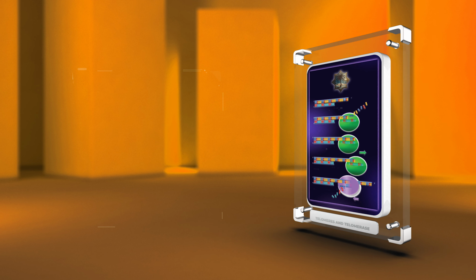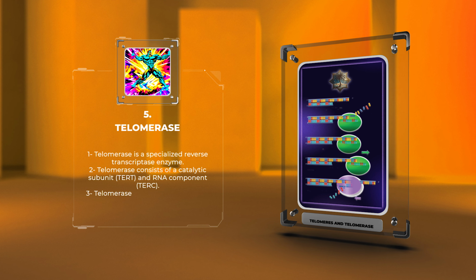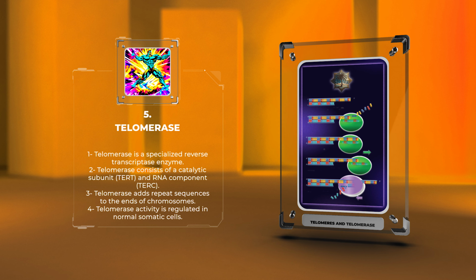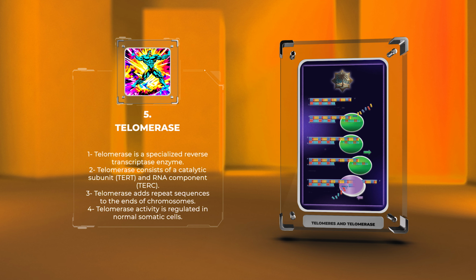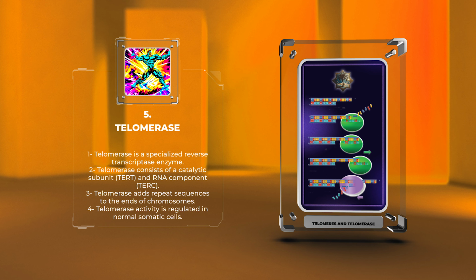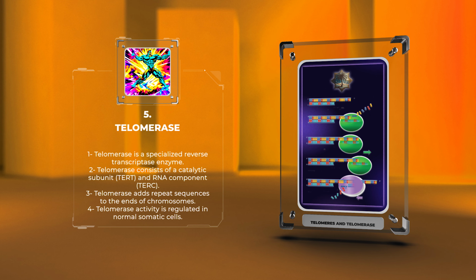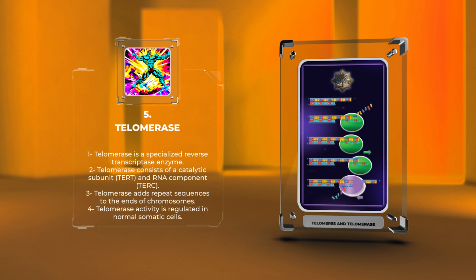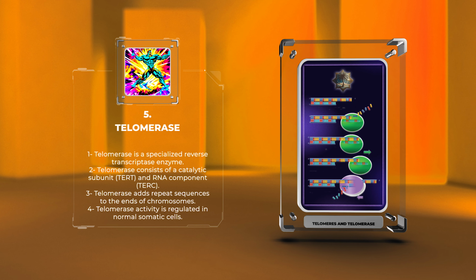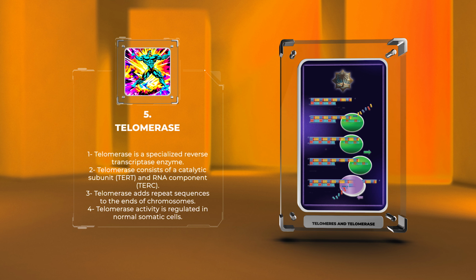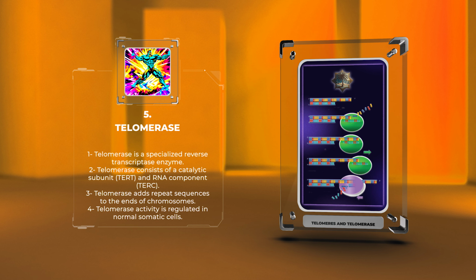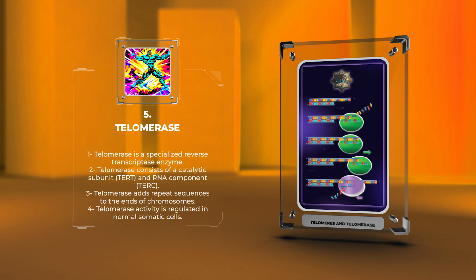Telomerase is a specialized reverse transcriptase enzyme that can elongate telomeric DNA. It consists of two main components, a catalytic subunit called telomerase reverse transcriptase, TERT, and an RNA component known as telomerase RNA component, TERC. Telomerase adds TTAGGG repeat sequences to the ends of chromosomes, counteracting the telomere shortening that occurs during DNA replication. Telomerase activity is tightly regulated in normal somatic cells but is typically reactivated in stem cells, germ